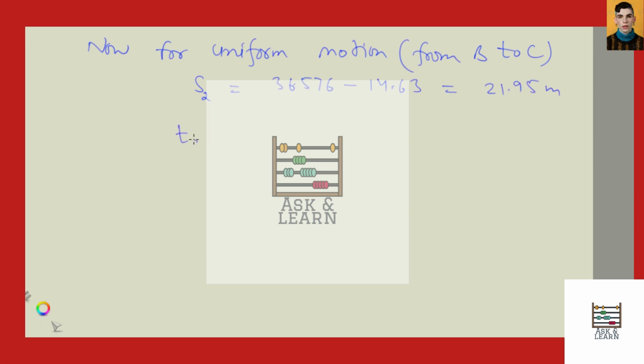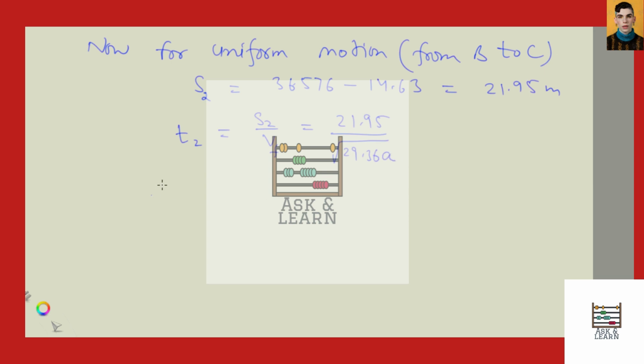Hence, time taken for this part of the motion to complete is equal to, simply using time equals distance upon speed, S2 by Vf, because the speed achieved at point B now will remain uniform. This S2 is 21.95 and